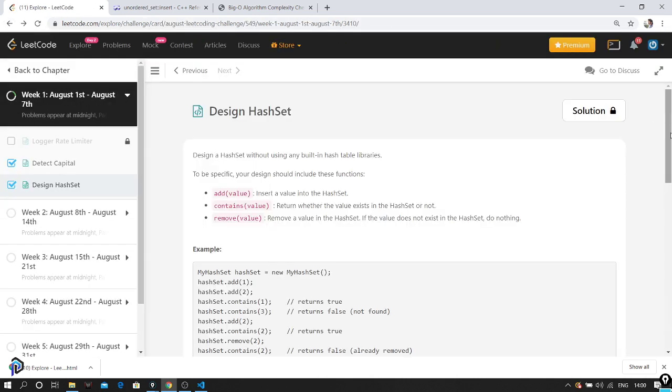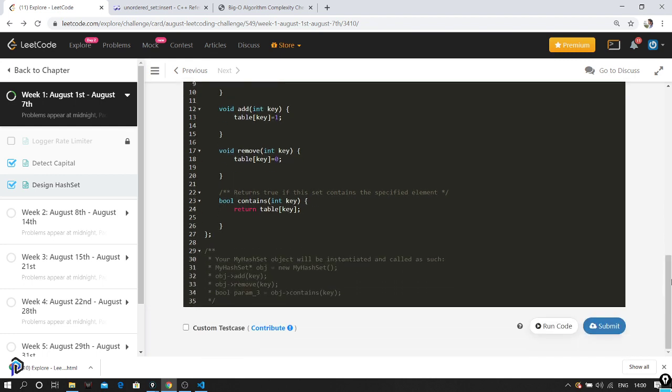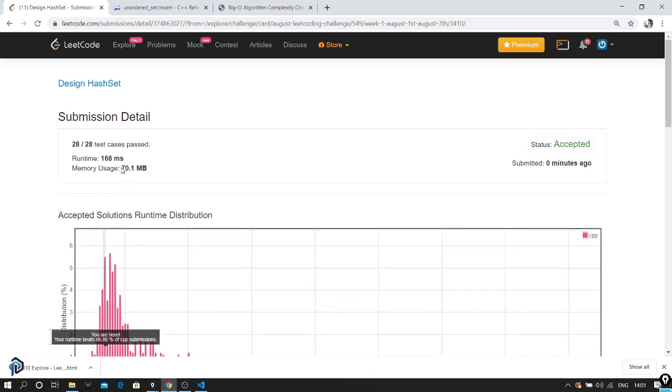We can do that using chaining and probing. And one more thing, we don't actually need an integer here. Previously the memory was 162 MB. A bool is more than enough because we are either going to be storing 0 or 1. So a bool data structure is going to be enough. Let's submit this one. The space was previously 164, and it is now reduced to 70. The time is slightly increased, but the space is reduced significantly. So that is one thing we can do.